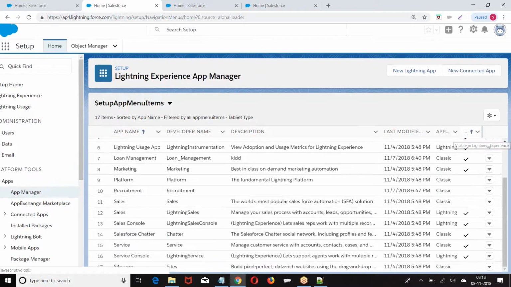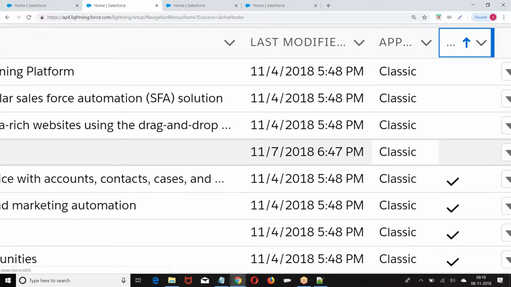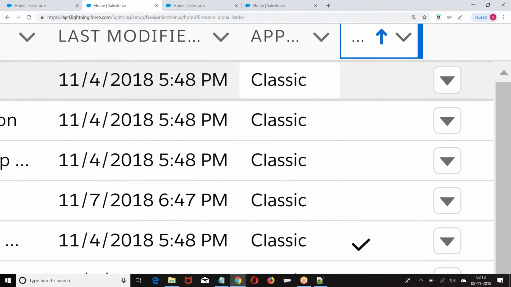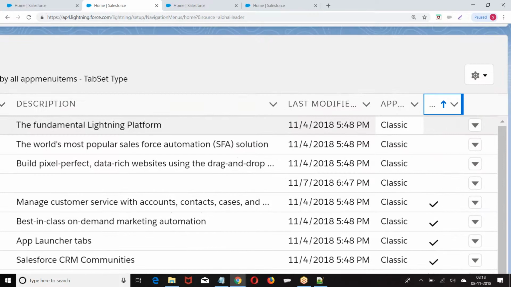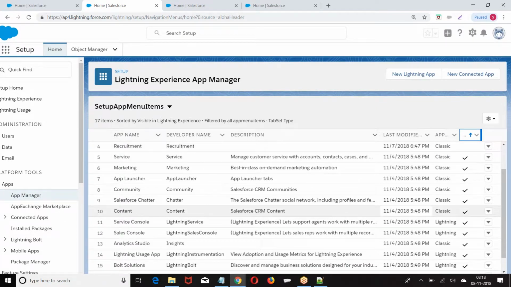If you look at this, the option was there. This option will tell whether this is visible in Lightning or not. Now, if this is enabled, is it available in Lightning or not? So the moment I say visible in Lightning, if this is enabled, the same classic application, a Lightning version will be created.